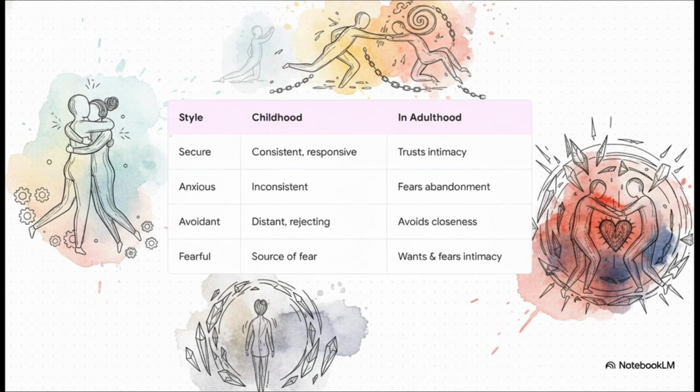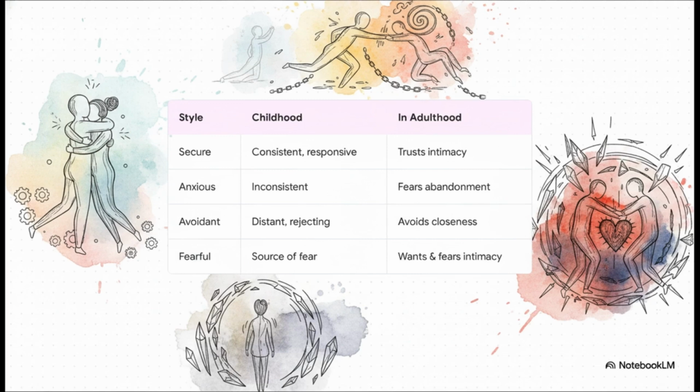And as we go, seriously, see if any of them ring a bell. First up, secure attachment. This happens when your caregiver was a pretty consistent and reliable source of comfort. As an adult, this usually means you're comfortable with intimacy and you generally trust people. Then you have anxious preoccupied. This often comes from having a caregiver who was unpredictable, loving one minute, maybe unavailable the next. This can create an adult who is terrified of being abandoned and might need a lot of reassurance.